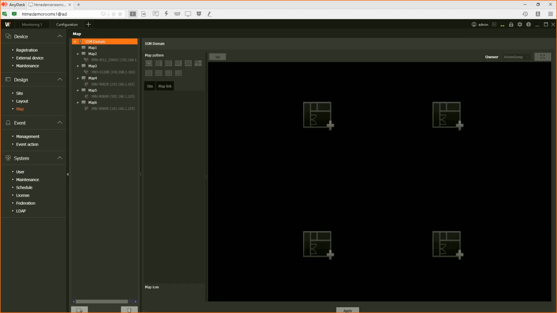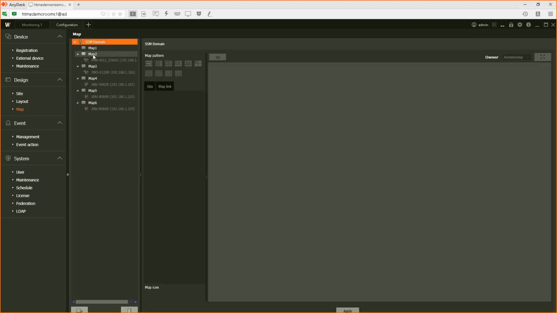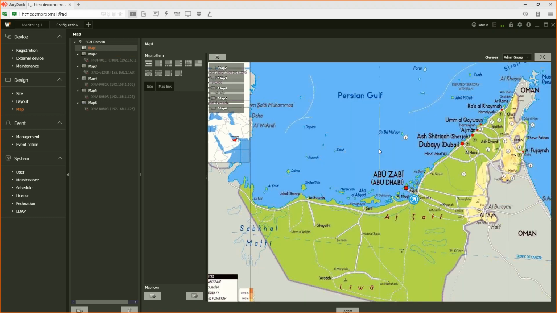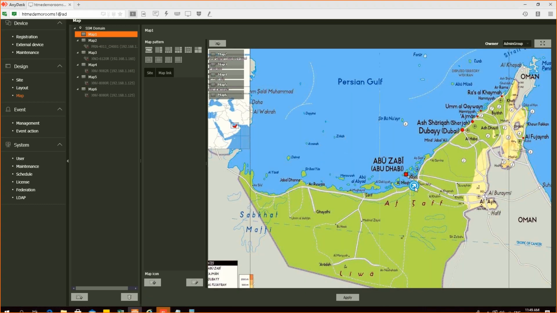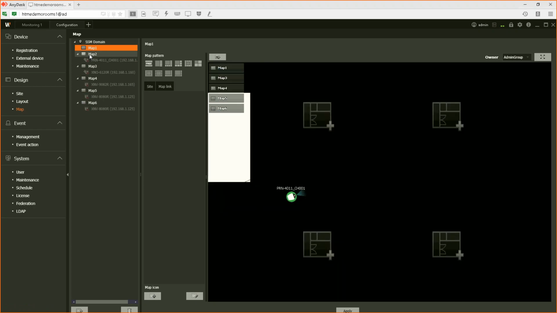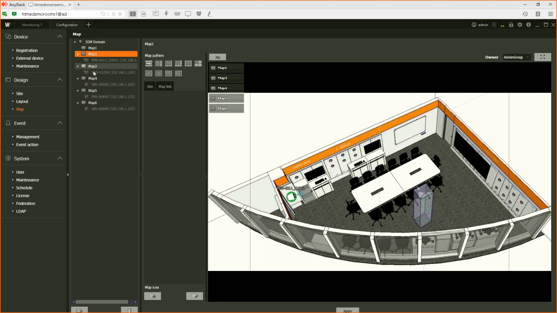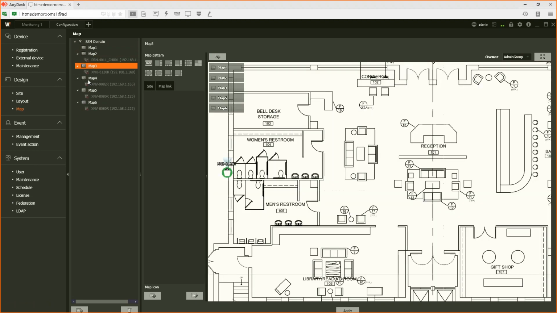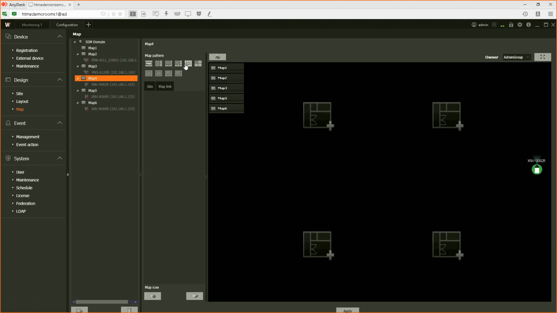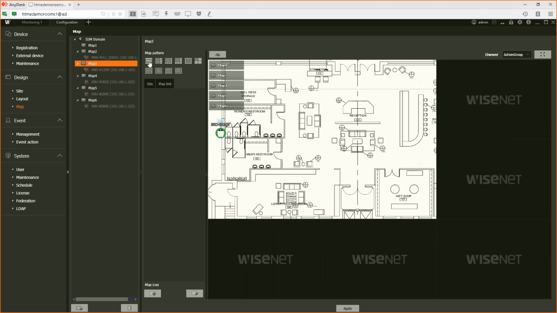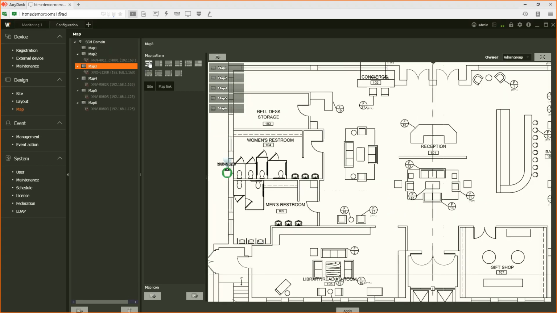You can load maps. You can link one map to another map. So yesterday we saw this is the main map. When I click on the button, it will go to the office map. So I can link and make multiple maps. My VMS. I can have a map with cameras on it or without cameras. For example, here I can have a map with cameras on the side or just a free layout.